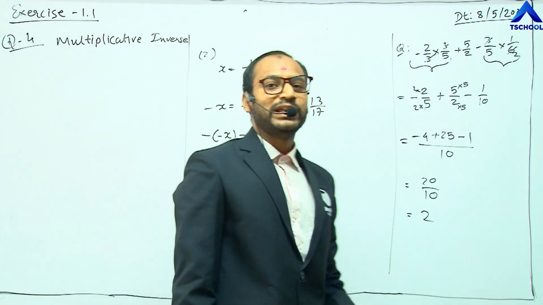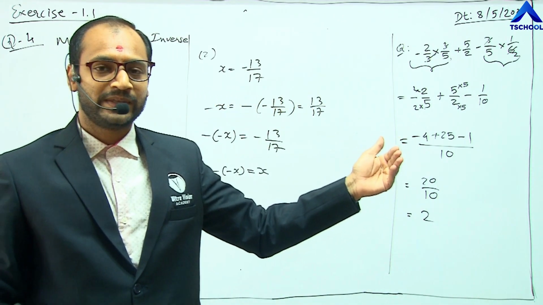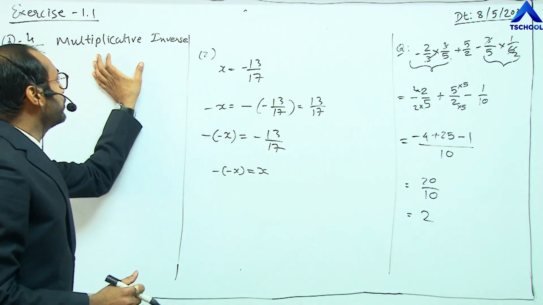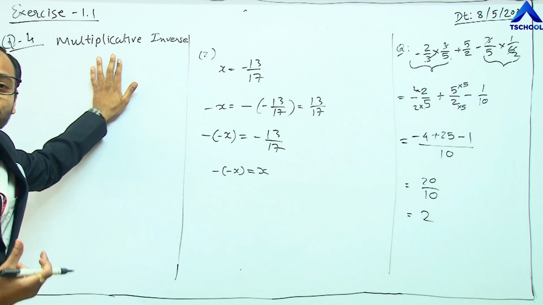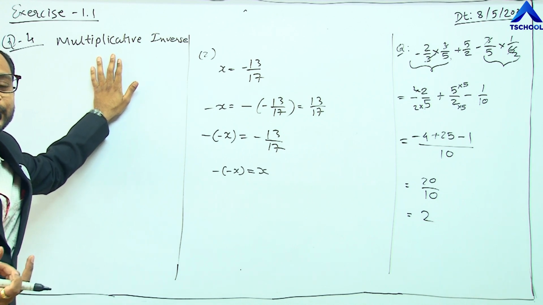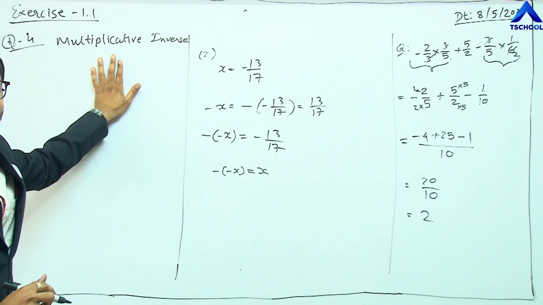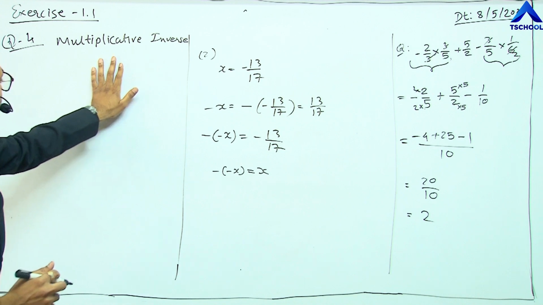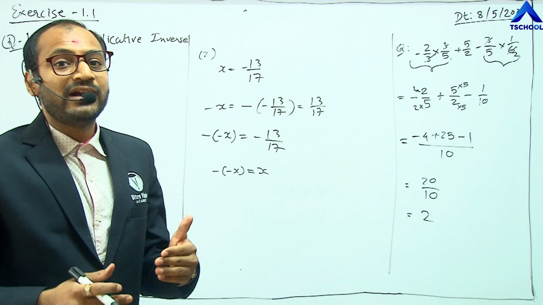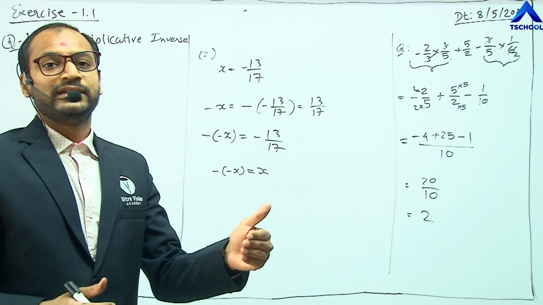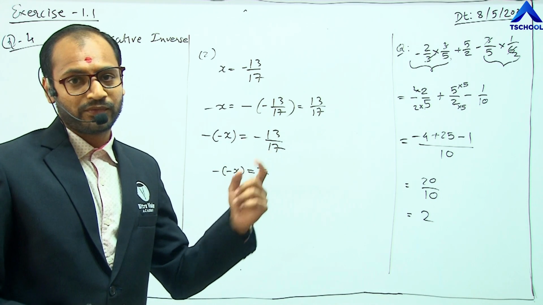These are the additive inverse, the number which gives result 0. Now we will do the multiplicative inverse of a number. That means we know the multiplicative identity. Multiplicative identity is 1. So if we do the multiplication in a way that the result is 1, that number is called the multiplicative inverse of a given number.